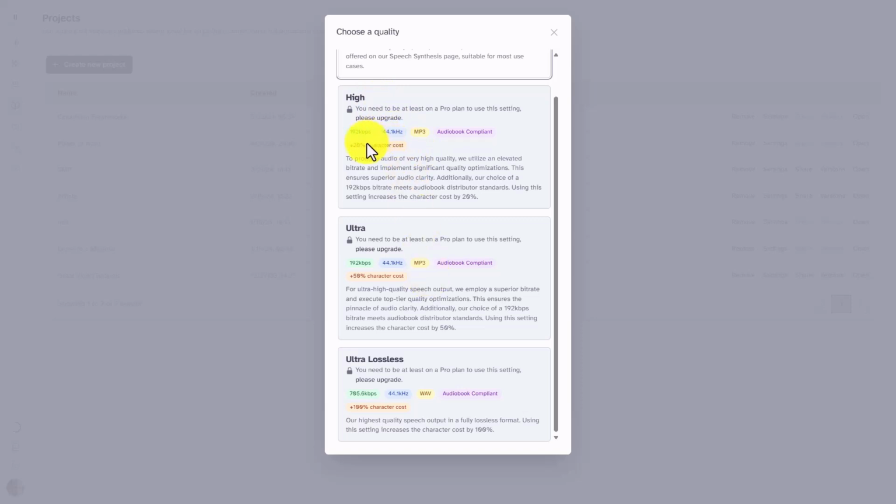And one of the things that you'll notice about using either one of those designations is that your character cost is going to be higher. So every time that you generate characters in either the high or ultra high plan, you're going to use more characters with each time that you generate audio. So this is an important point for you to know about the Projects tab